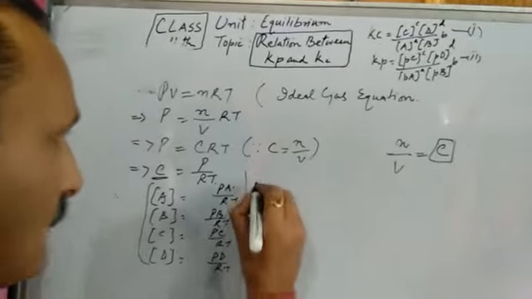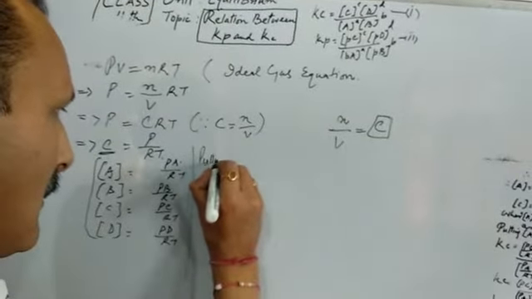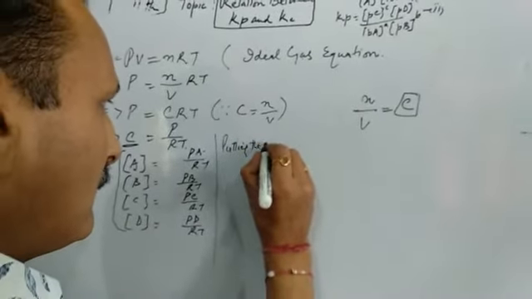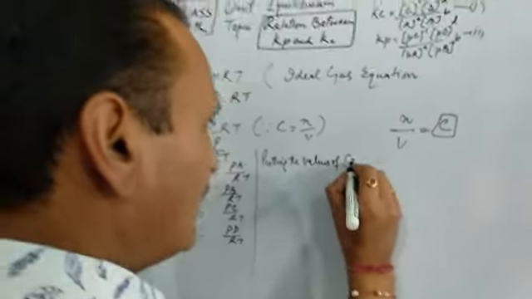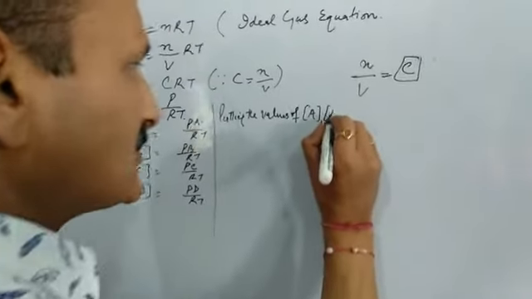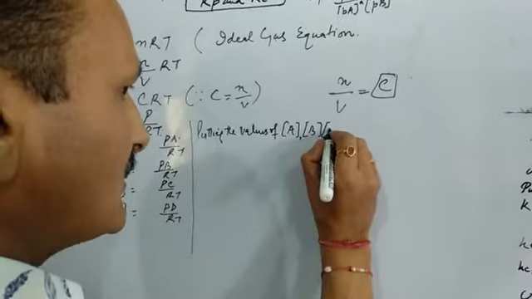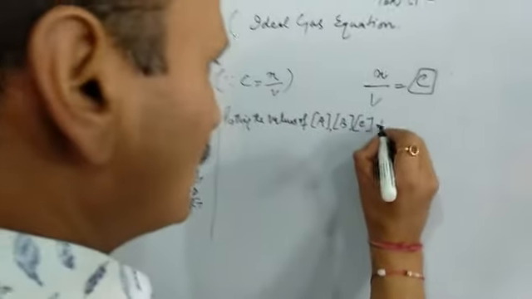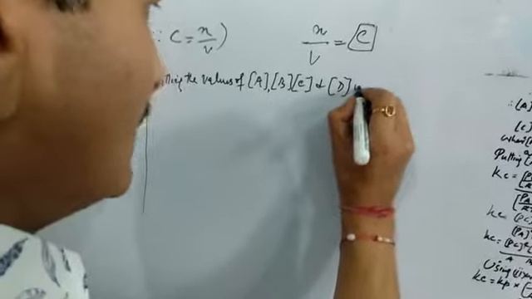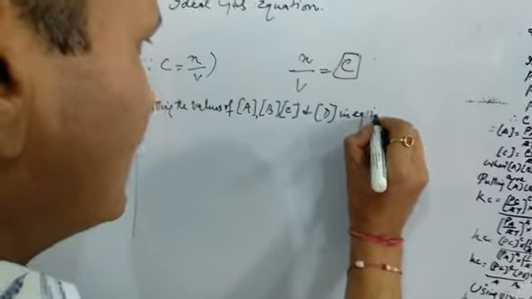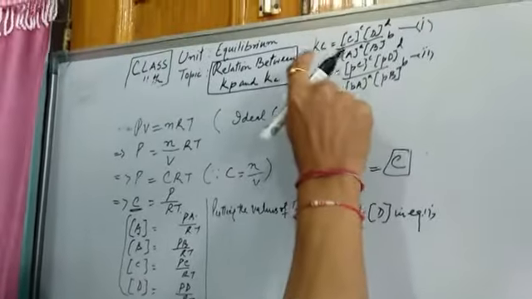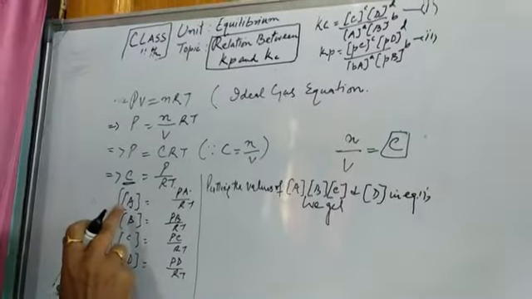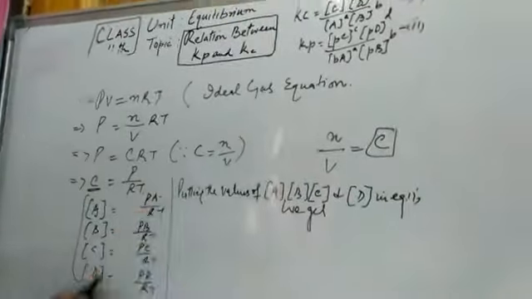So putting the values of molar concentration of A, molar concentration of B, molar concentration of C and molar concentration of D in equation 1, we get. Now where is the first equation? This is the first equation. We can put these values, that is concentration of A, B, C, D. First it is C, we will place this. Then D.